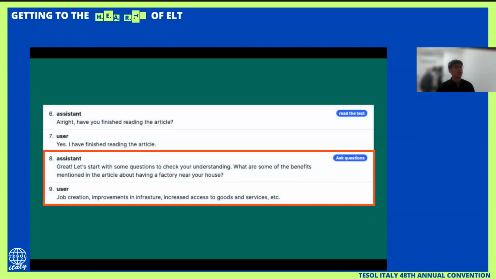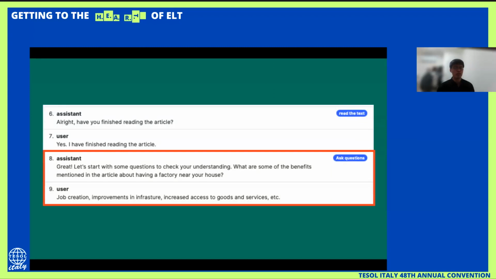What about others? For example, in here, when the student is asked some of the questions within the context. Let's say, for example, what are some of the benefits mentioned in the article about having a factory near your house?